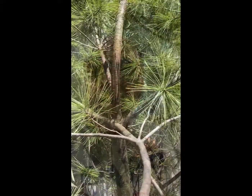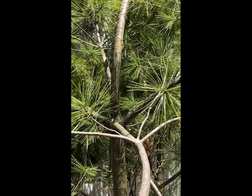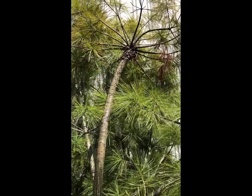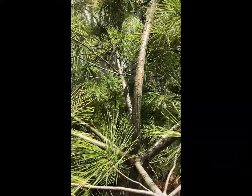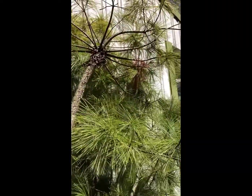I have taken the tree down already so I can make it a little easier to show you the damage that is occurring on this tree. One of the characteristics of white pine weevil is that you often get a shoot that begins to shepherd's crook or bend. It's usually the main shaft on the tree, and as you see, it is bent fairly far over. The top of the tree is turning yellow because it's getting deprived of nutrients,